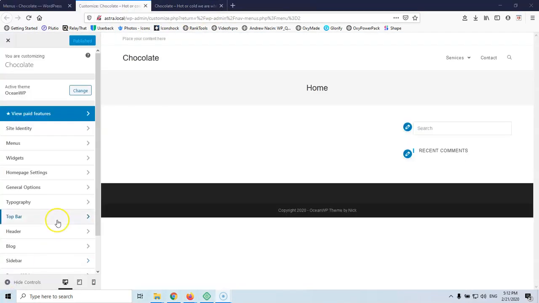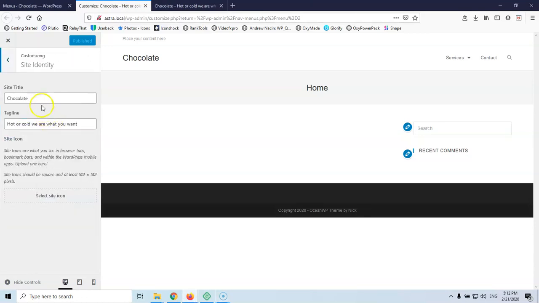Okay, for some reason it's taking way too long to load, but let's continue. We're going to see all those settings just to know what we're dealing with. Let's go for site identity first. This is the site title and tagline, but we need the site icon, which is the favicon, and it will be located here in the tabs. So I'm going to select the site icon. It's recommended